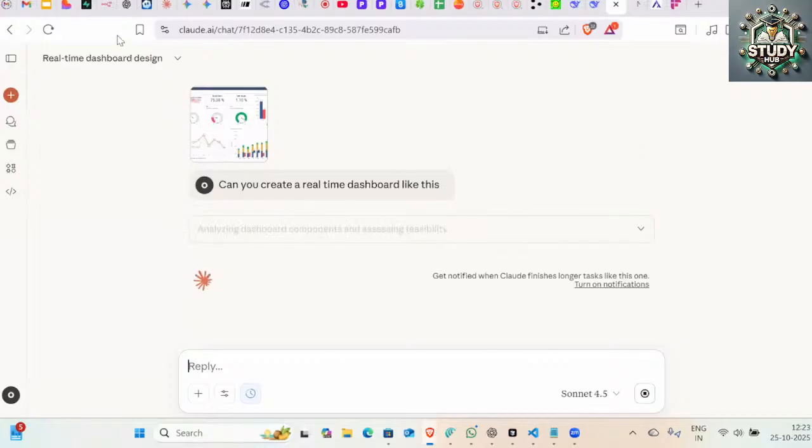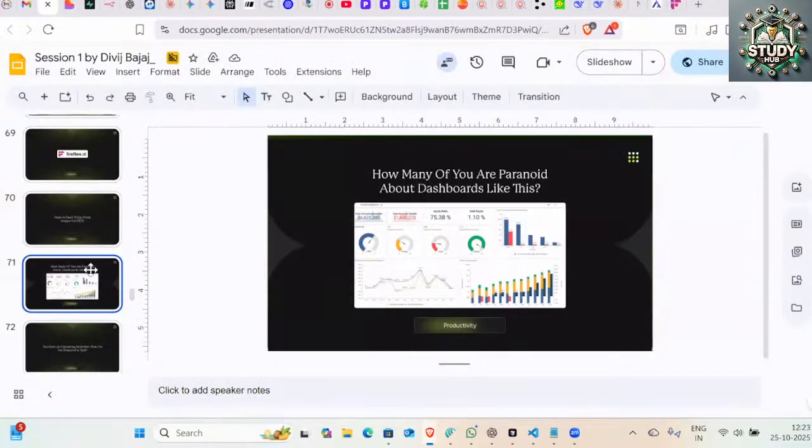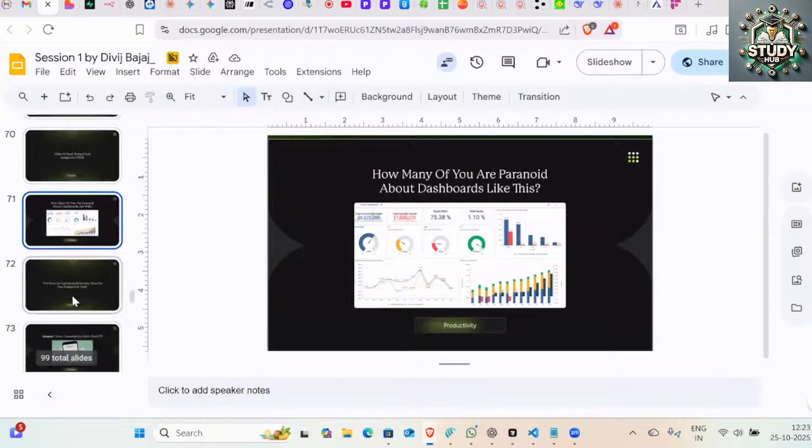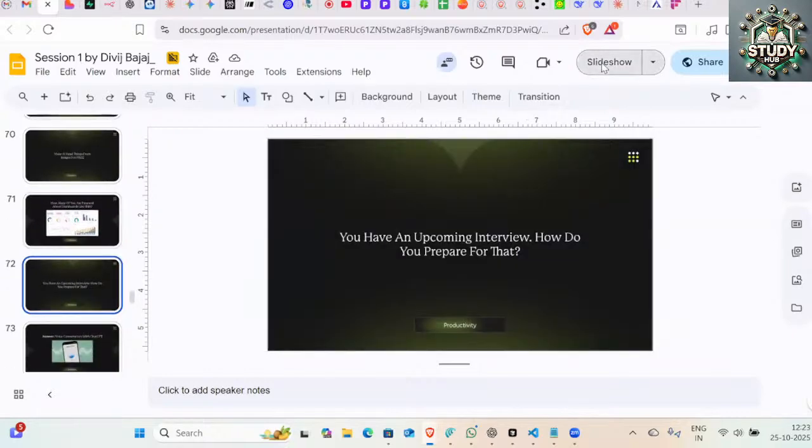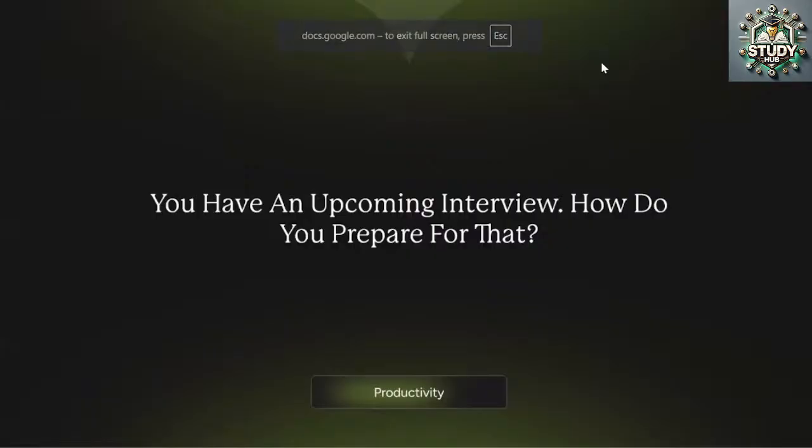Once it is done, it will take some time, so I'll come back here once it is done. But you can create as well as analyze these images inside a dashboard itself, again increasing your productivity. And the last one, my favorite one for the productivity bucket, is how to use